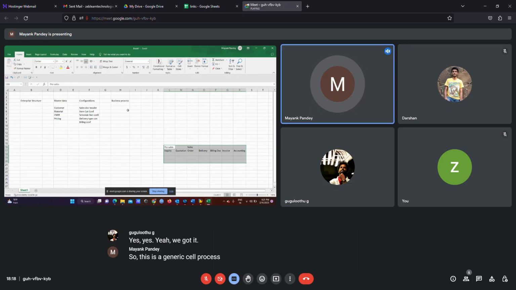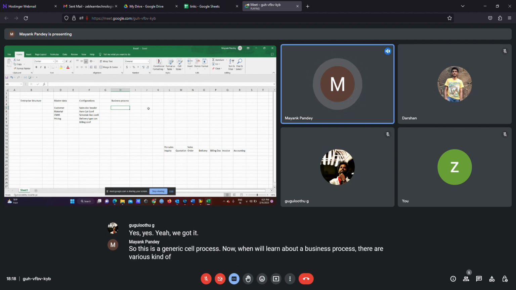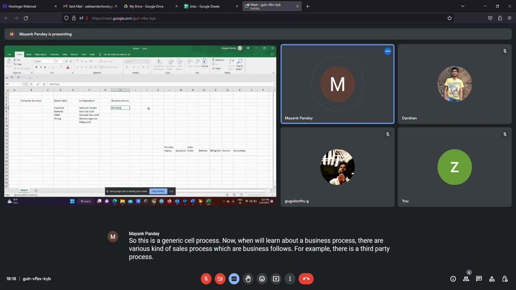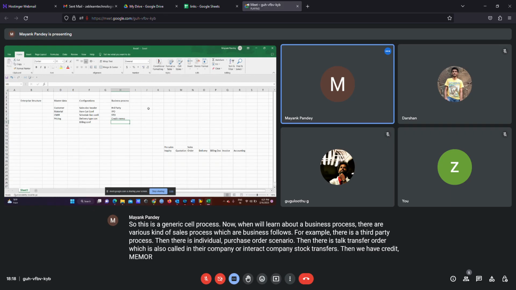Now, when we learn about a business process, there are various kinds of sales processes which a business follows. For example, there is a third party process. Then there is the individual purchase order scenario. Then there is stock transfer order, which is also called intercompany stock transfer. Then we have credit memo request and debit memo request.